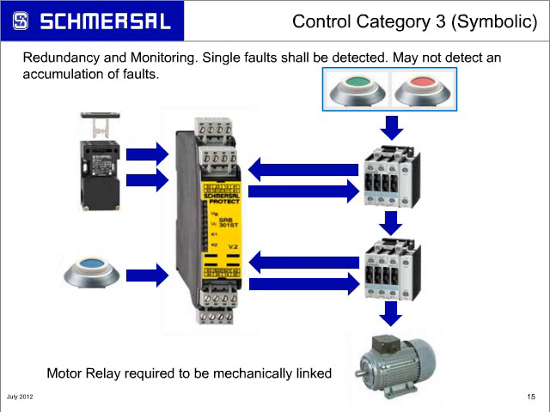If you have an accumulation of faults, an accumulation meaning you have 2, 3, 4 faults all occurring at the same time, you may lose your safety functionality. So it's not a full-blown control category 4 like you'll see, but category 3 does have the ability of having the redundancy and monitoring. So in the symbolic slide here, what you see is